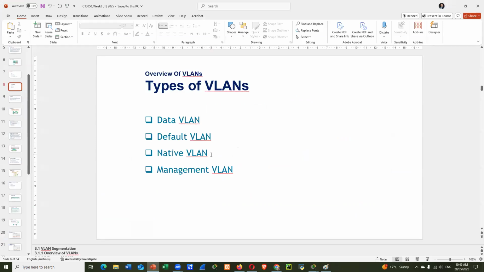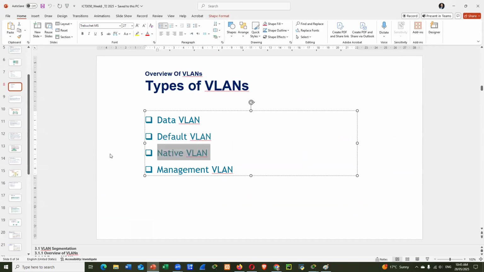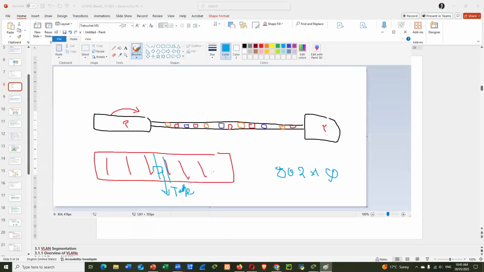What else? Oh, we have the native one. What is that native one? All right, here it is. Now you have mentioned that between the switches, switch number 1 and switch number 2, you have packets or frames going between them. Those frames have tags, so the switch right now knows which VLAN each one will go to. Here is the question. What about if I have